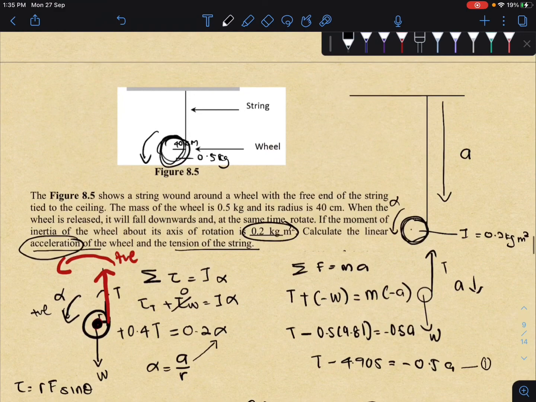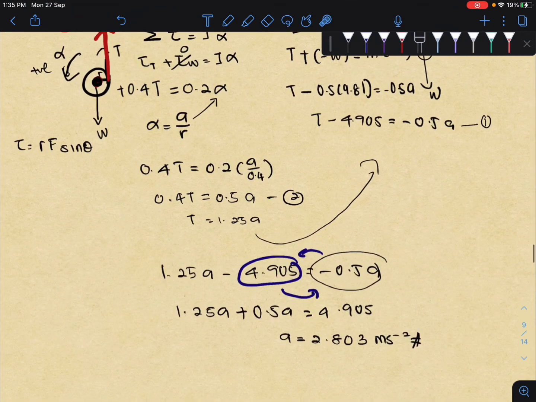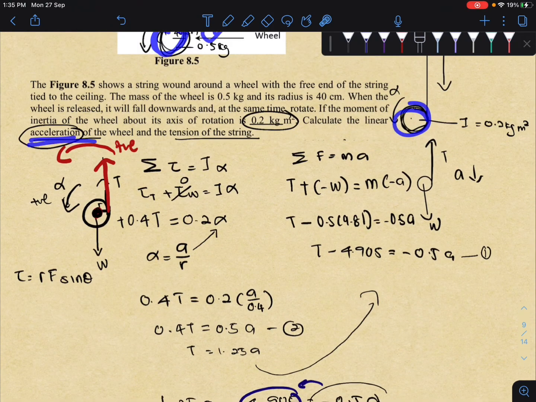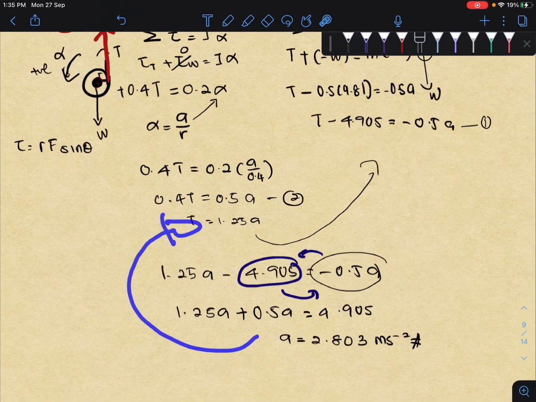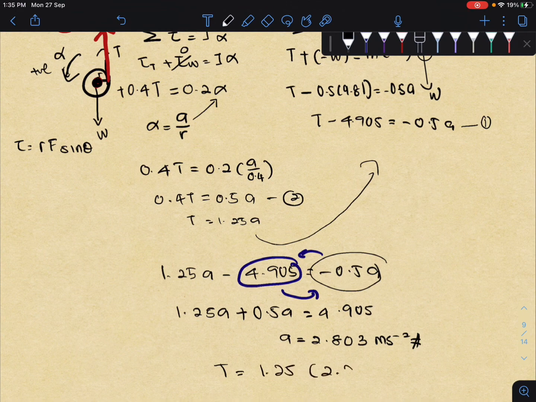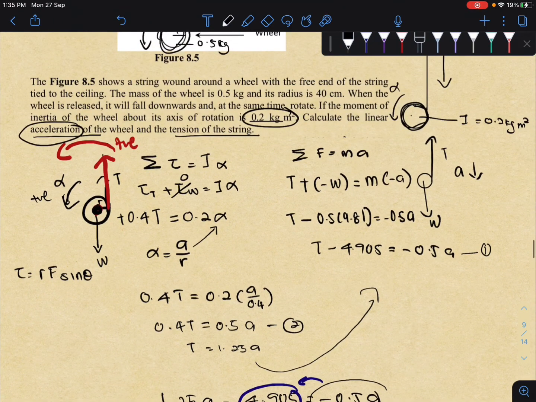So ini adalah acceleration at which the wheel is going to go down and displace from this position to this position. So dah dapat acceleration. As you can see, the question also asked to find the tension in the string. So I'm going to substitute this into here to find my tension, where tension is basically 1.25 multiplied with 2.803. 2.803 darab 1.25, we should get the Newton as 3.50 Newton. So this is the tension experienced by the string in the